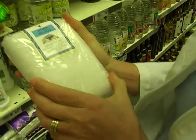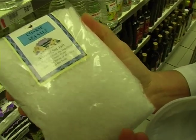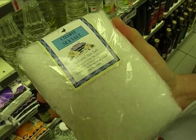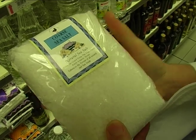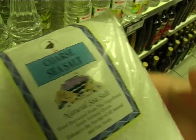Okay, this is an exceptionally good salt. I've actually been to the plant where they process the salt, and it's naturally harvested straight out of the sea. It doesn't have anything added, no anti-caking agents, nothing, and it's wonderful to use in